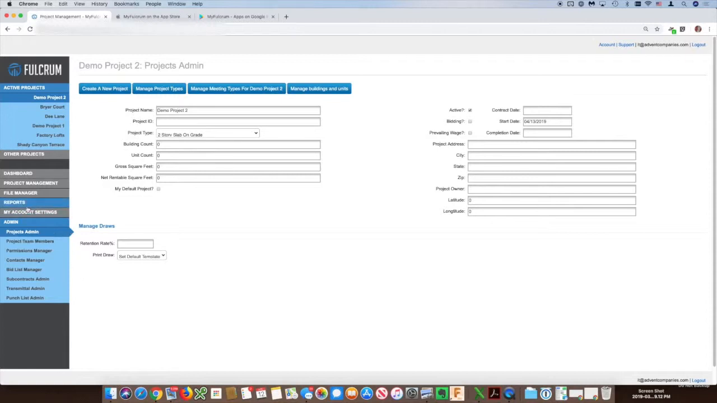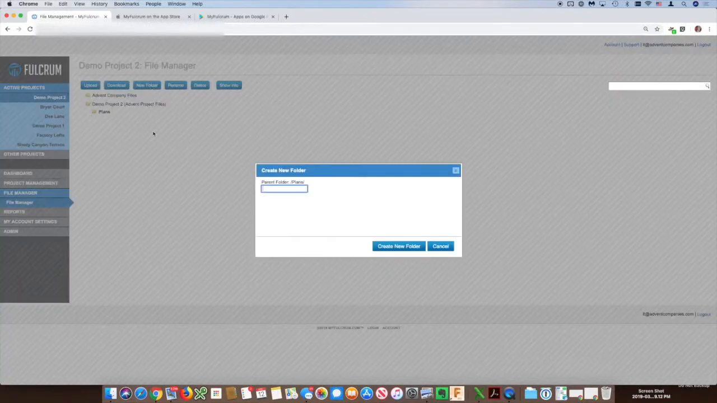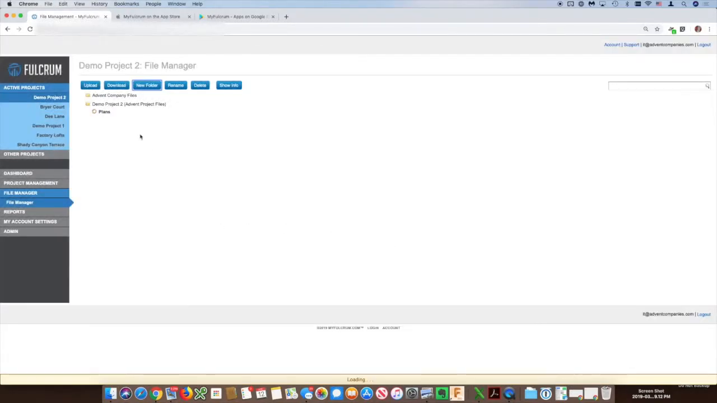Okay, let's talk about the Plans folder. This is a special folder inside of File Manager, Plans. Now there's nothing in it, but it has some special permissions that allow bidders to see that. In the near future, you'll be able to just take an entire folder and drag and drop it, but right now you kind of have to build the folder structure inside of that. So go ahead and create a folder for architectural,